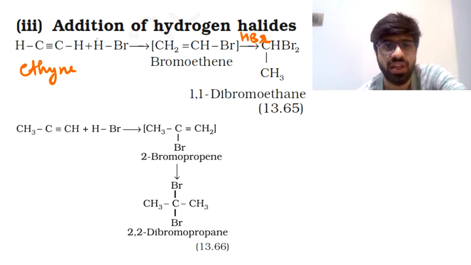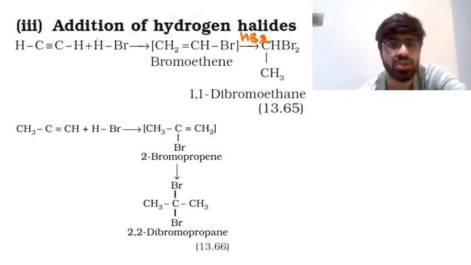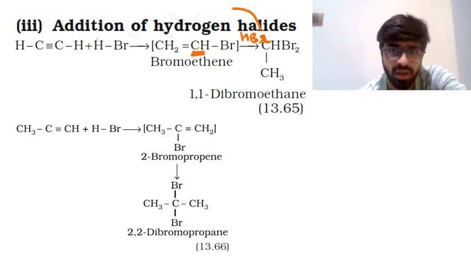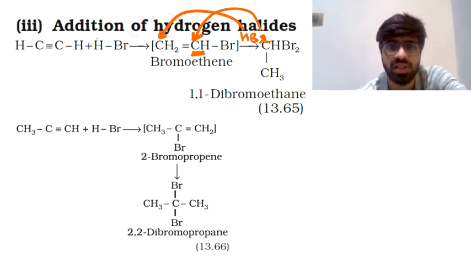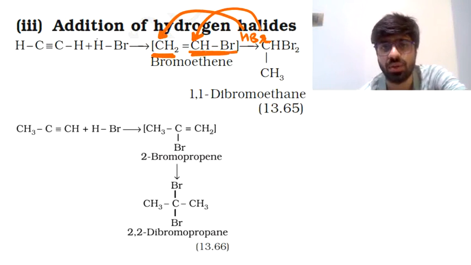Now here's where you need to be careful. Like I said, addition of HBr has to be done by the Markovnikov rule. Markovnikov rule stated that the negative part of the reagent will go to the carbon atom having lesser number of hydrogen atoms. It's this carbon atom that has lesser number of hydrogen atoms, and hence bromine will come and attach with the carbon atom here, and hydrogen goes to this carbon atom, giving you CH3 here and CHBr2 here. Also this bond will become a single bond.